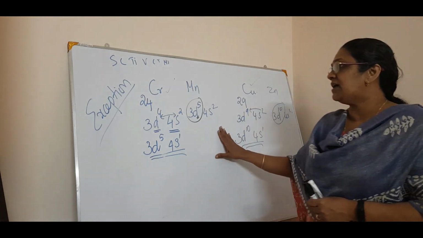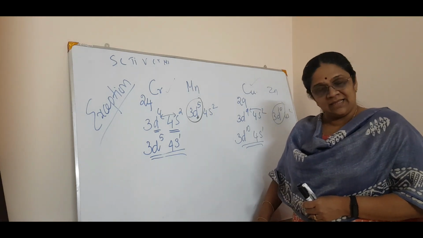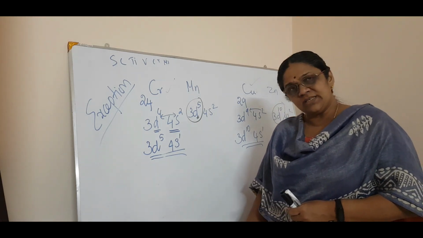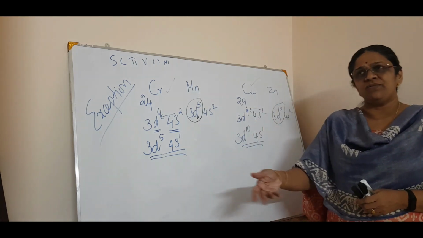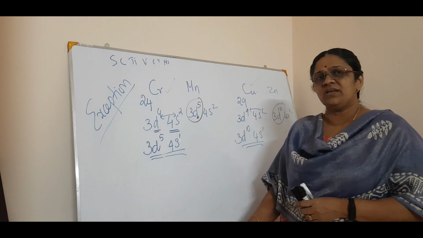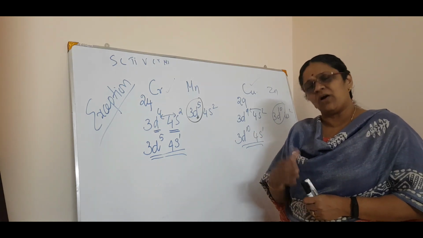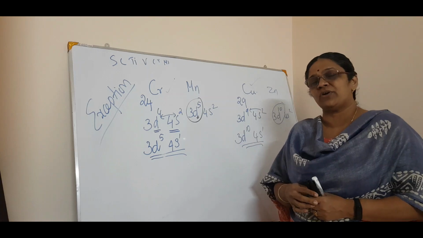So there comes the end of this chapter. That is the structure of atom chapter, a lengthy one. I think all the chapters are lengthy except the one we are going to study next, the periodic table. After that, chemical bonding is the backbone of chemistry. It's a very important chapter. I mean, all the chapters are important for 11.